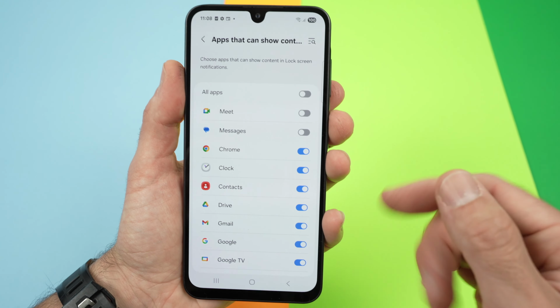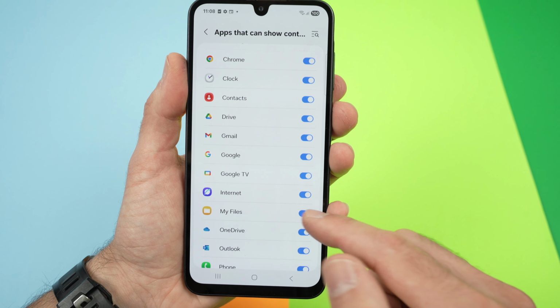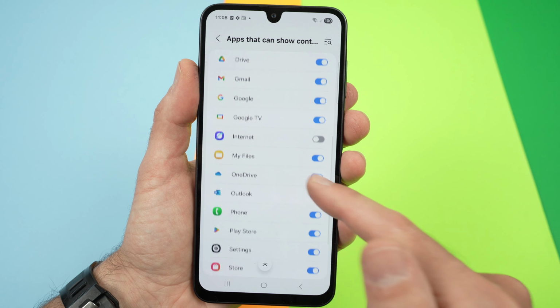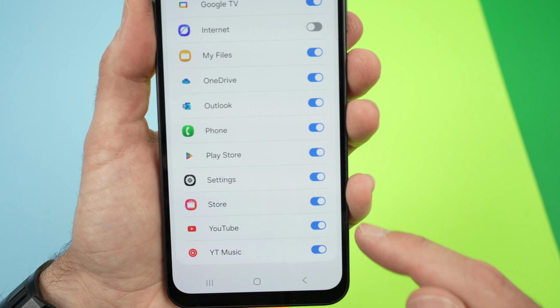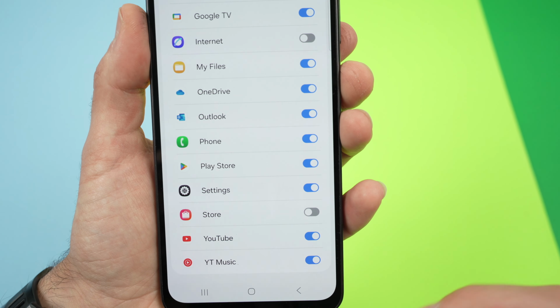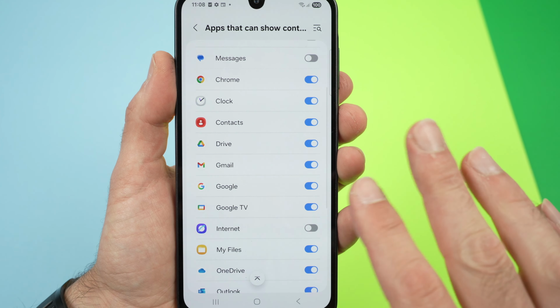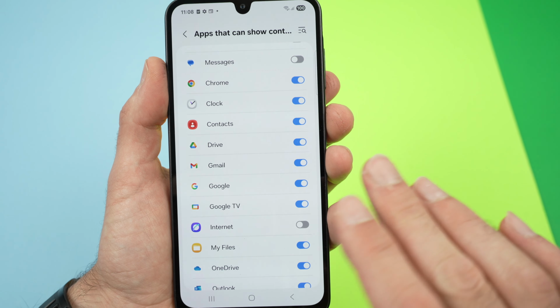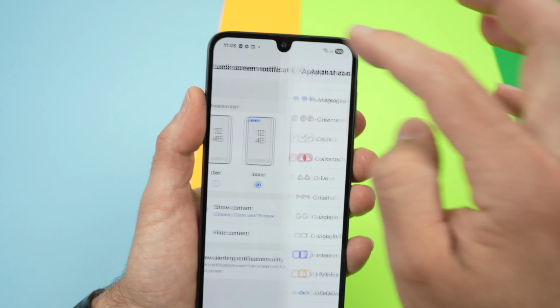So if you're receiving ads from any of these apps, you can block them. So let's say internet browser, they're sending app notification you don't want. The Samsung store, this is another one that can do this. So you can turn this off. So go over here and select all the apps you don't want to see anymore sending you notification on the lock screen. Go back,